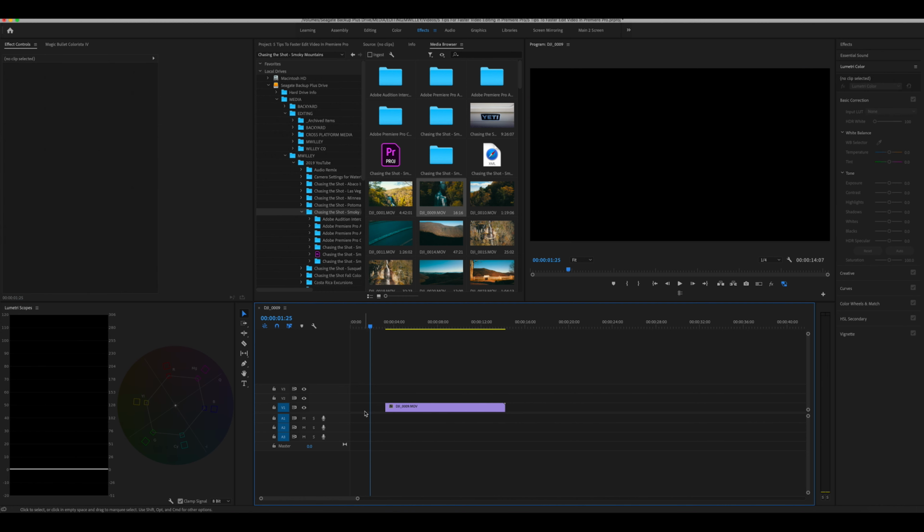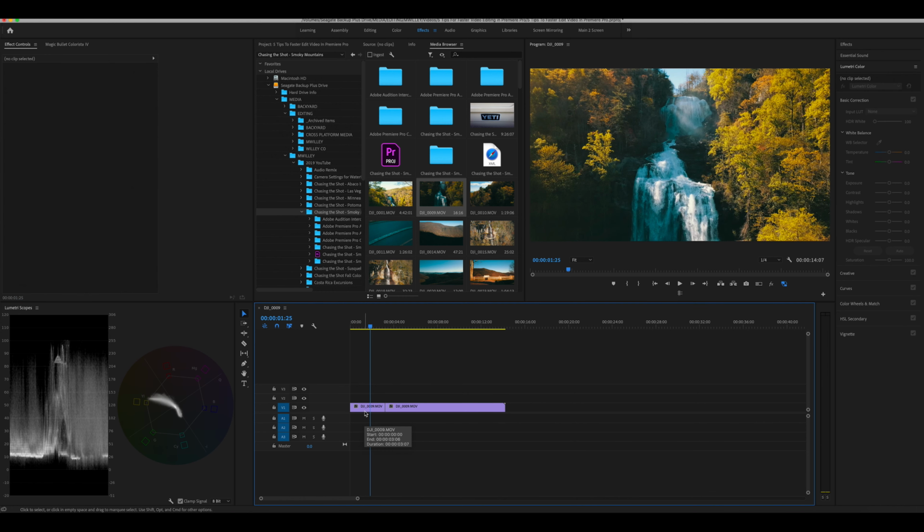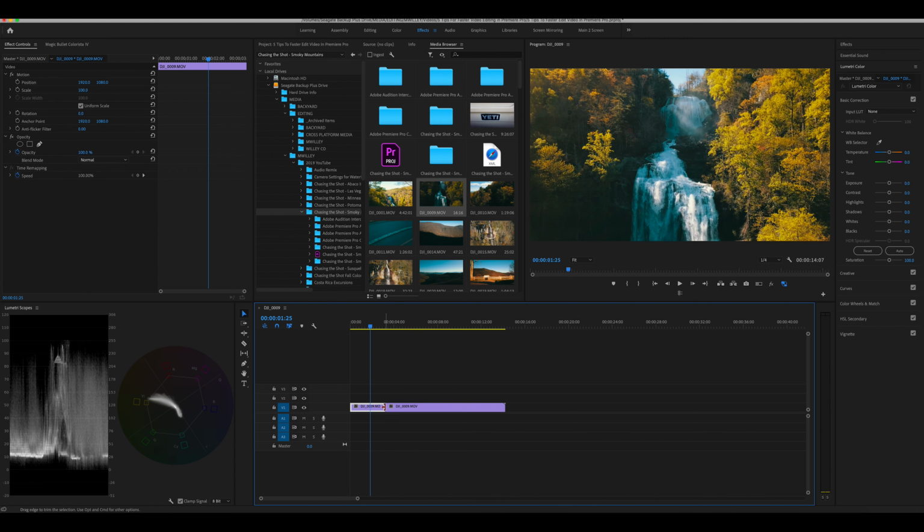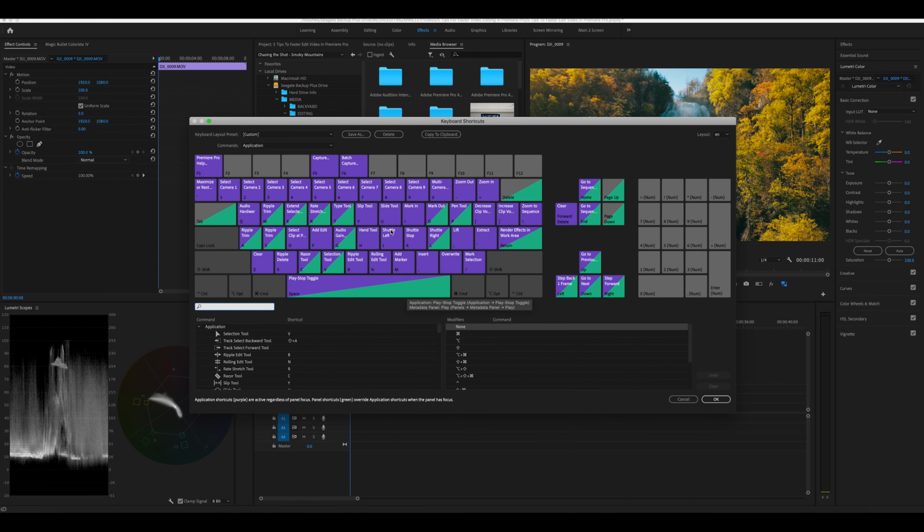And so Z clears a clip. Let's put it back. And then X ripple deletes. So now when I hit X, this clip's going to disappear, but it's also going to bring everything behind it up. See? All this other stuff, you can definitely program it to do things that you may find yourself doing often,